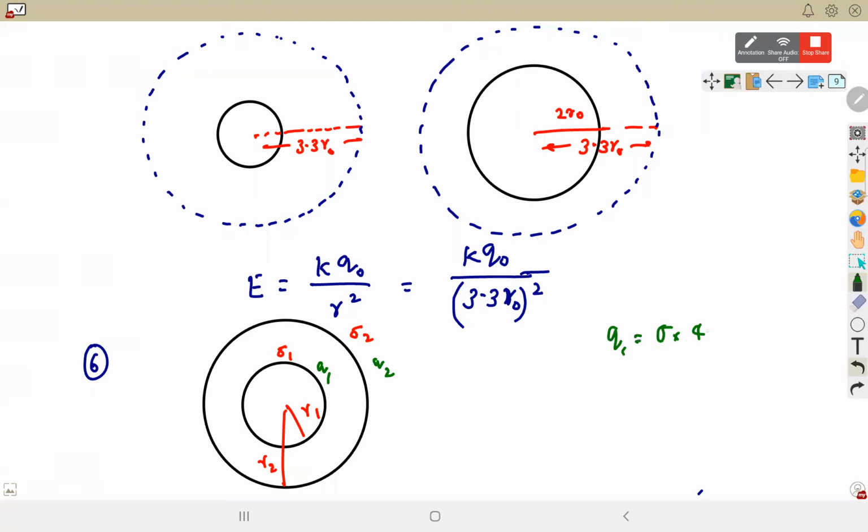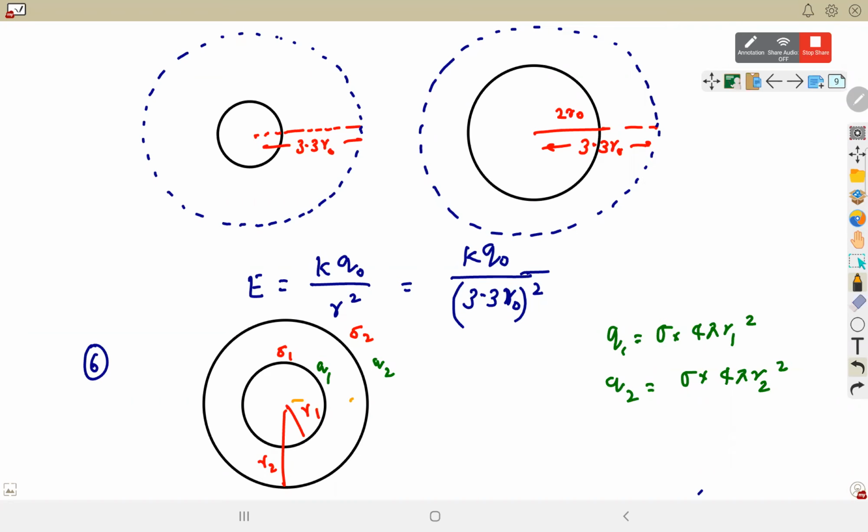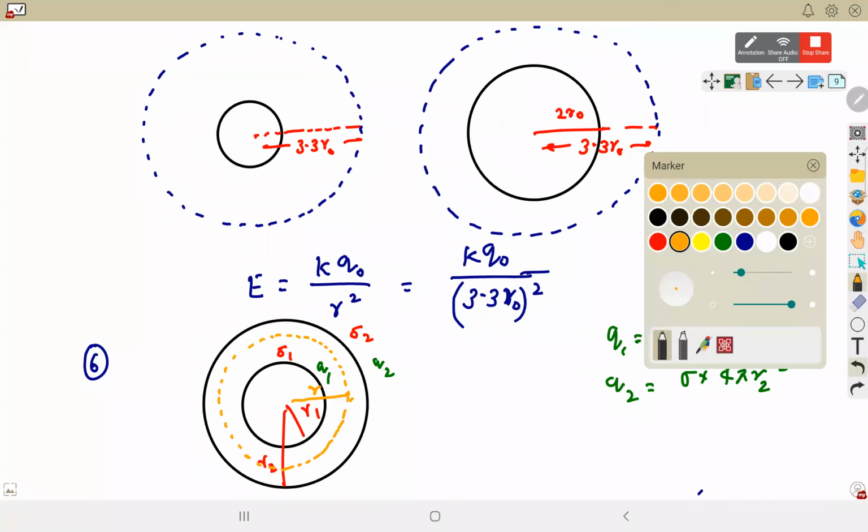Q1 is sigma into 4 pi R1 square, and Q2 is sigma into 4 pi R2 square. Now it says that under which condition the electric field in between R1 and R2 is 0. So when we consider a point here lying between R1 and R2, then the net electric field is 0. The net electric field inside will be 0 if the total charge enclosed becomes 0. Total charge enclosed 0 तब होगा जब